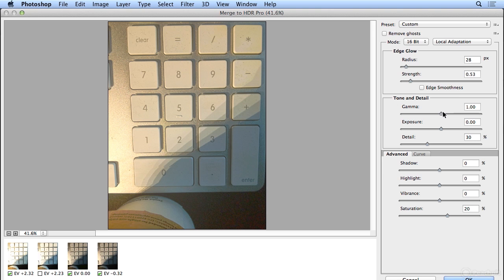Gamma, overall brightness, the exposure setting. You do have to let go after dialing these in to see if you like it. You could add detail, and I'll just make a few small moves. Yeah, gamma a little bit to the left I think works out better. So if I click OK,